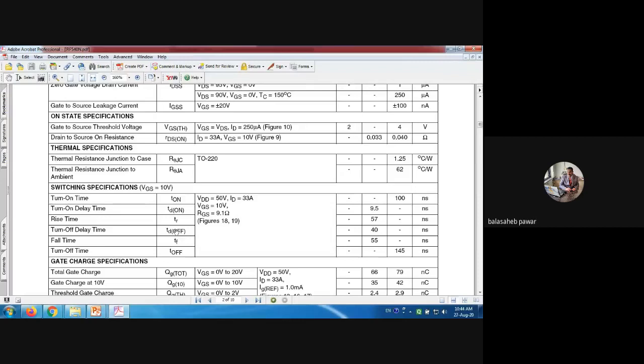Similarly, during turn off, if you look at the ideal pulse, its turn off time is 0. That's why we again show that vertical line perpendicular to the x-axis. But in actual practice, the device takes somewhat of a time to turn off from its on state to off state, and it is given as 40 nanoseconds. And with respect to its fall time, the device has rise time as well as fall time. It is mentioned as 55 nanoseconds. Means rise time is slightly greater than fall time. And hence the total turn off time.